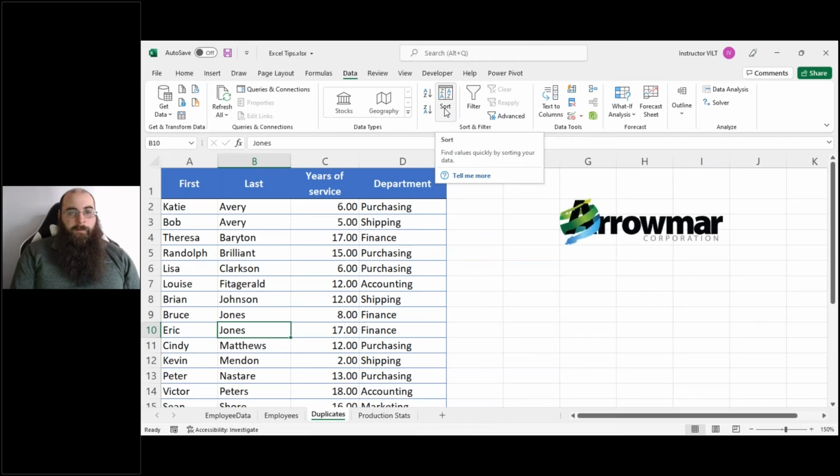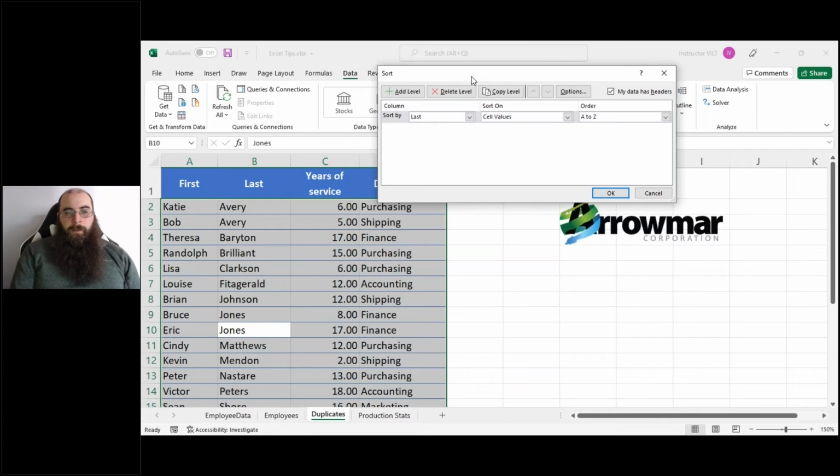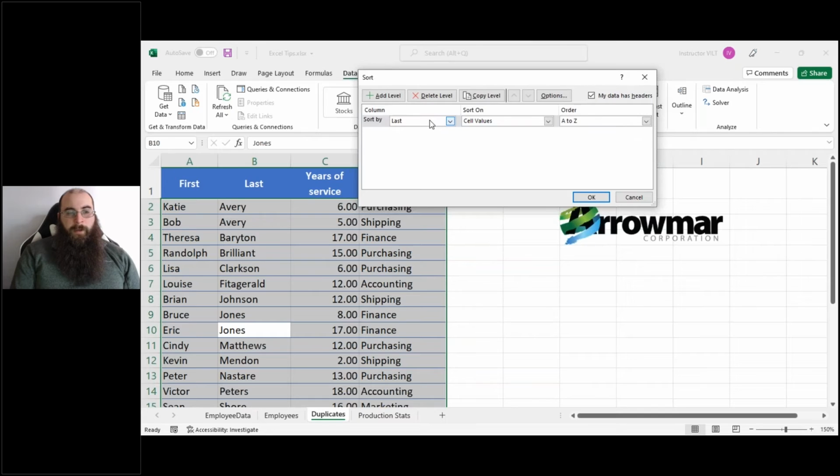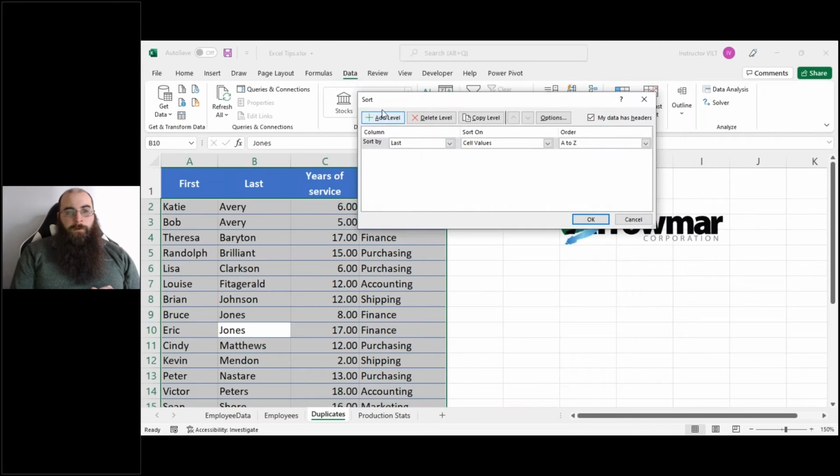It's the icon that says sort. Click on that, and I can choose what I want to sort by first, where I'll go by last name. So you can see I actually have two Averys, Katie at the top, Bob underneath, so not alphabetized as far as first name goes. So in the sorting window, top left-hand corner, there's a button I can click on to